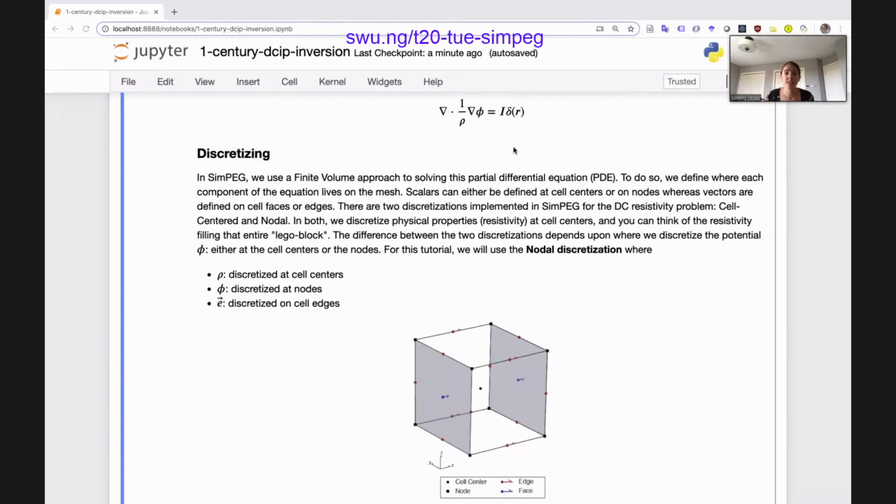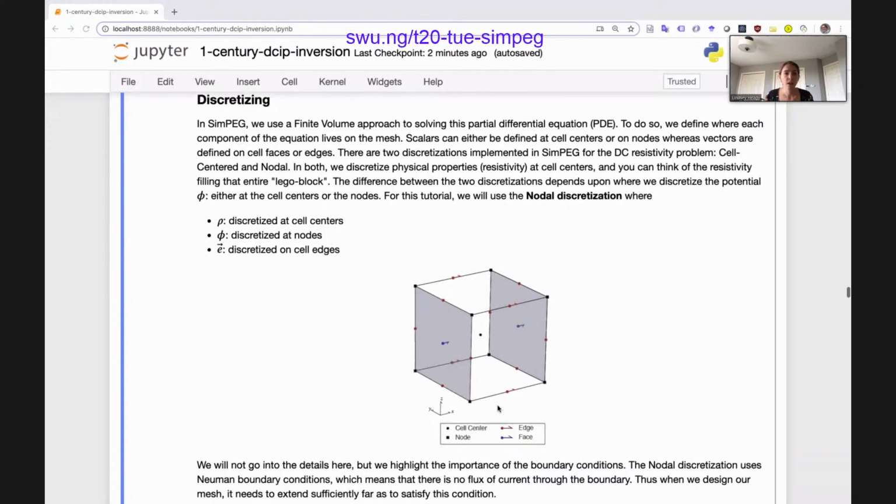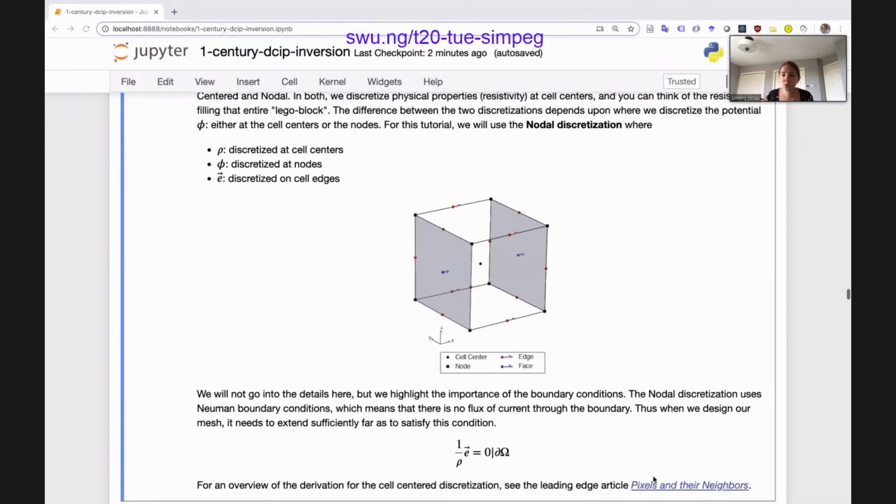And so this is where discretize comes in: we've got this PDE that we want to solve. In order to do that, we're going to discretize the world, break it up into cubes, and assign locations for where each of these parameters lives on that mesh. I've linked another tutorial that Rowan and I wrote a while back that goes through the derivation in a fair amount of detail as to how to actually derive the discrete version of the DC resistivity equations. I'm not going to go into detail here, but I'm just going to point out where the different things live,